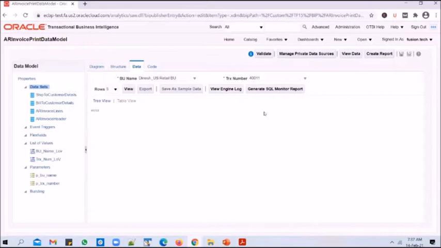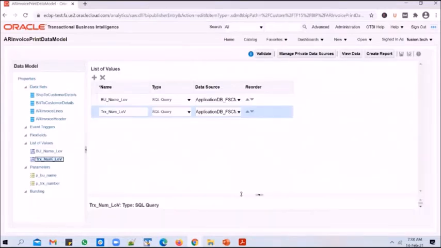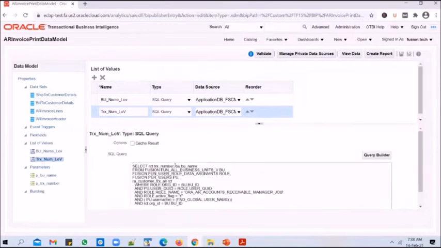Let me select another transaction. Or let's do it this way. From the transaction number LOV, so it was a known issue.